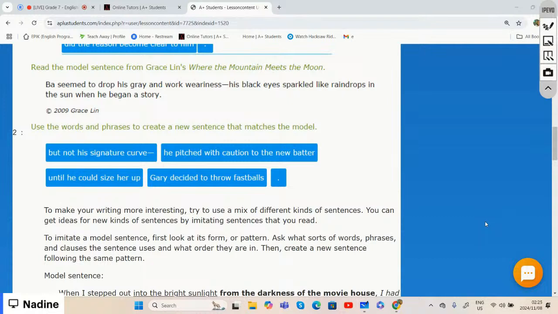The first one, the model sentence, says, "Ba seemed to drop his gray and work weariness. His black eyes sparkled like raindrops in the sun when he began a story." Then, our sentence that imitates